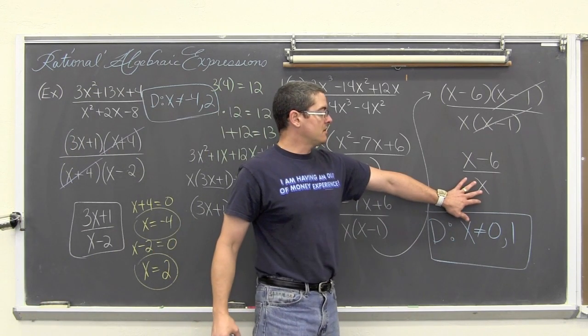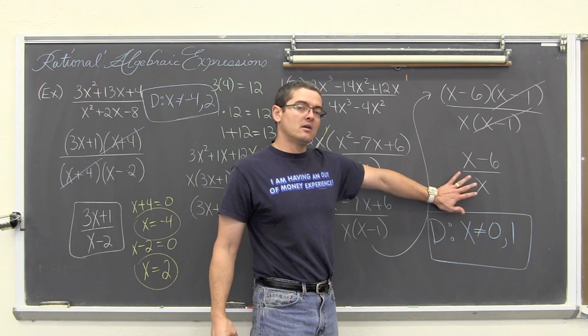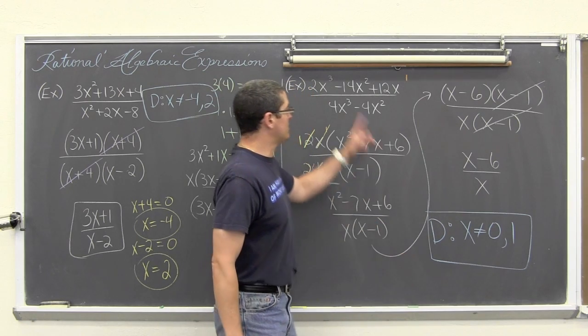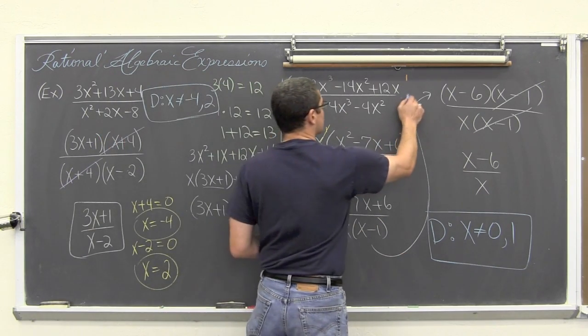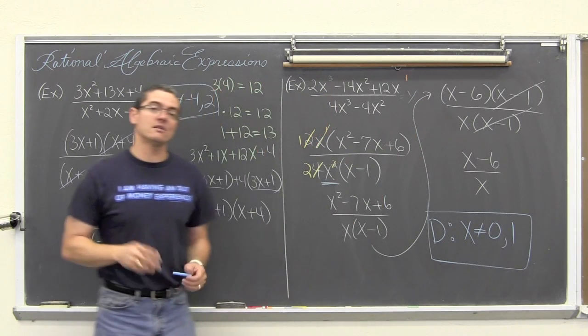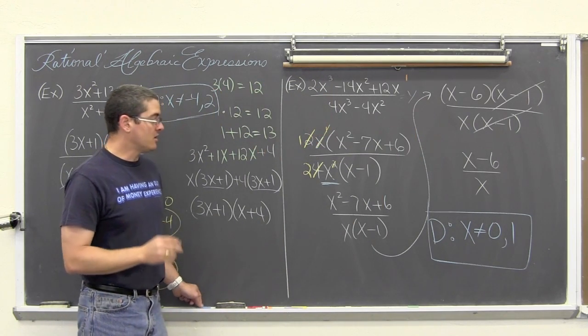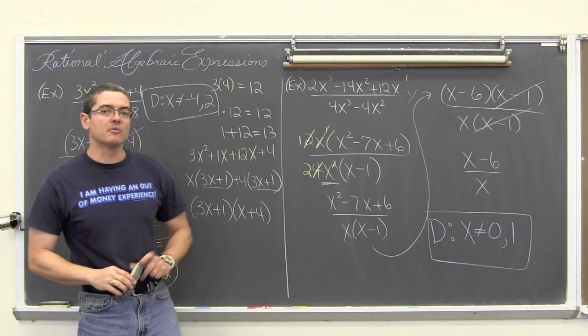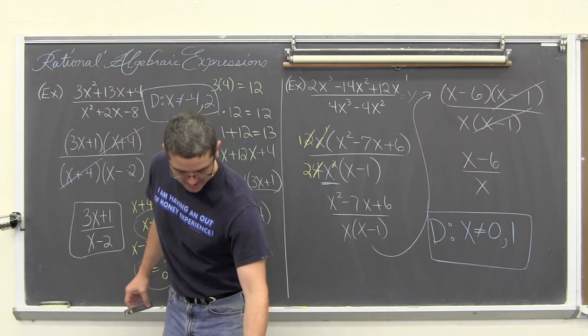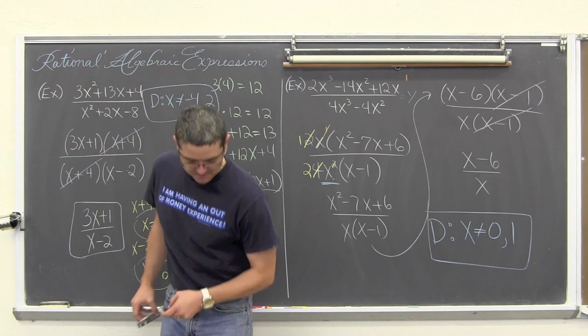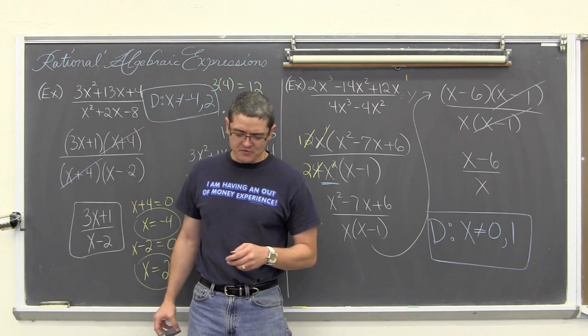Now please note, I am not looking at the finally reduced fraction to determine the domain of this expression. Or if I just again stick an equals with a y there, I'd be talking about the domain of the function. I'm not looking at the reduced form, I'm looking at the original problem to determine what x cannot be equal to. I've got 6 examples for this video.